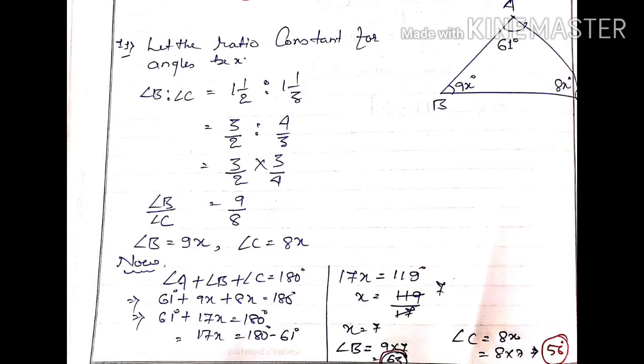Check all the steps. Now this same question becomes like question number 9. Now after this what will we do? We will put the value. Angle A 61, angle B 9x, angle C 8x. How is 9x coming? You see the solution. 3/2 multiplied with 3/4: 3 threes are 9, 2 fours are 8. Angle B is 9, angle C is 8. Then we will find the value of x. Then angle B is 9x. We will multiply. You can check whether your answer is right or wrong by adding all three angles. If it comes 180 degrees, it is right. Okay.